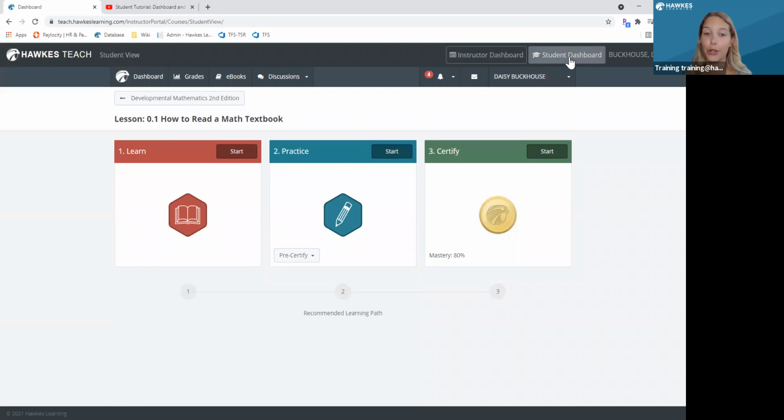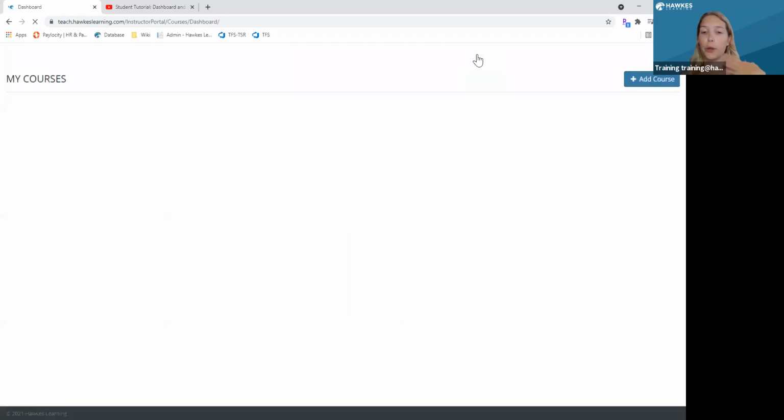So I will go back out of here. So that's just what it looks like for your students. And you can always double check and make sure any edits that you made to the Learn screen, you can go in here and quickly see what it looks like from the student view to make sure you did it correctly. So I'll go back into the instructor dashboard,